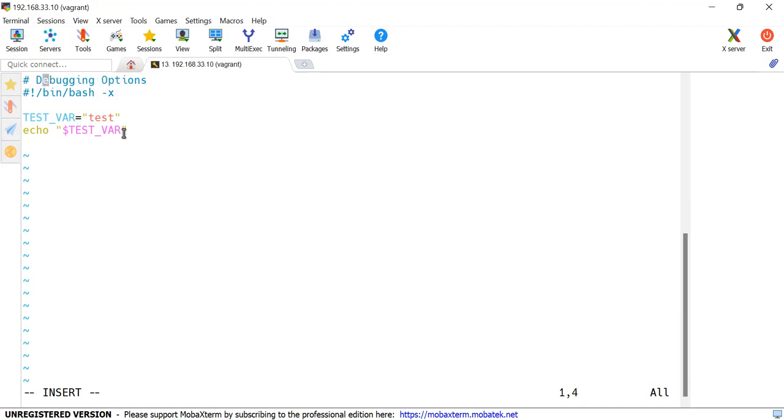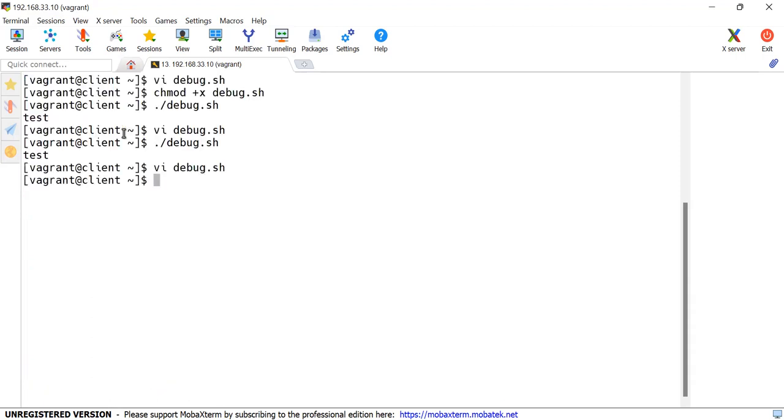Okay, let me remove this line. Okay, it has been started with this line, right? The start line should be bin bash, right? The script. Yeah, now if we just observe that output,